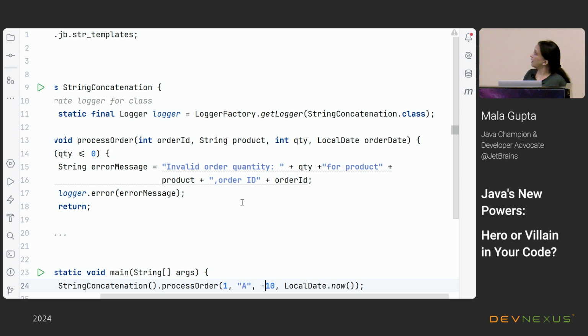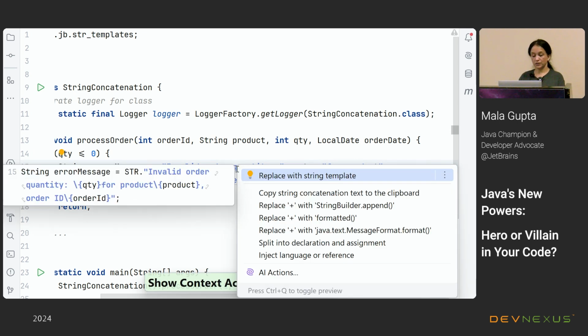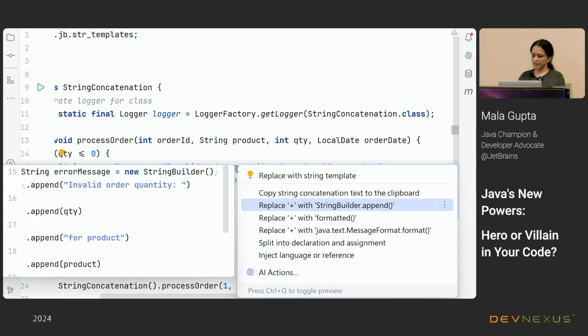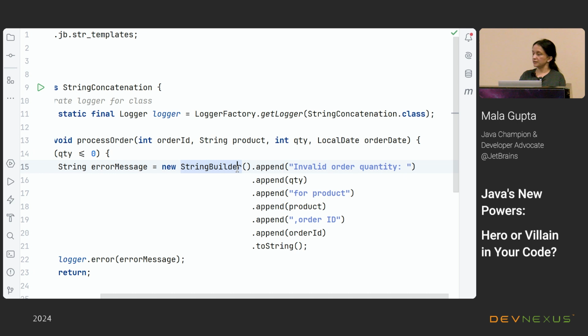So, what are the solutions? Let's see. When we talk about string concatenation, we know using the plus operator could be tricky. So, let's see what other options we have. I could replace this concatenation with StringBuilder.